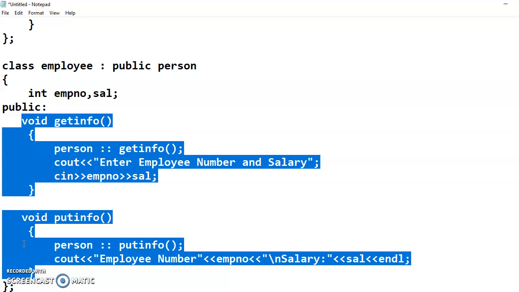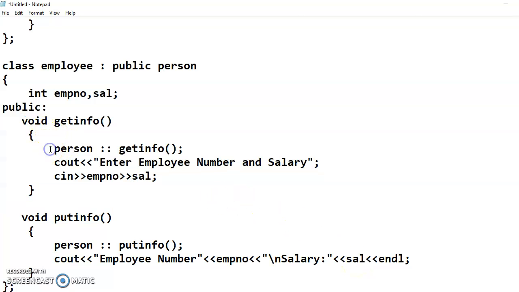In the getInfo method, we are asking the user to enter the employee number and employee salary, whereas whatever employee number and salary were input by the user, we will display using the putInfo method.